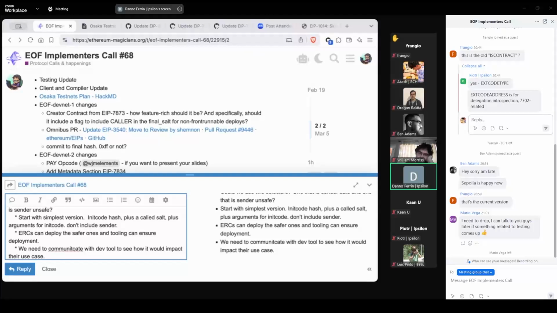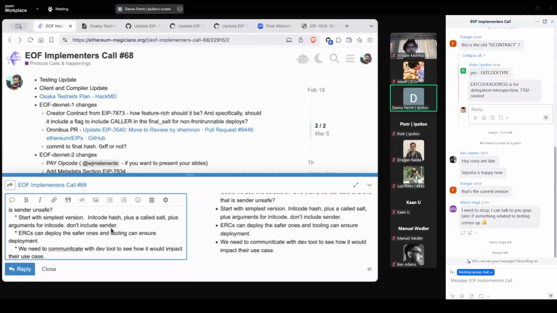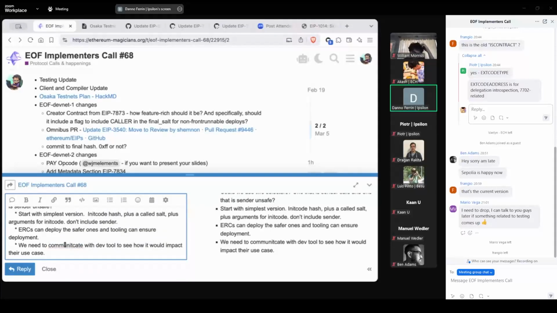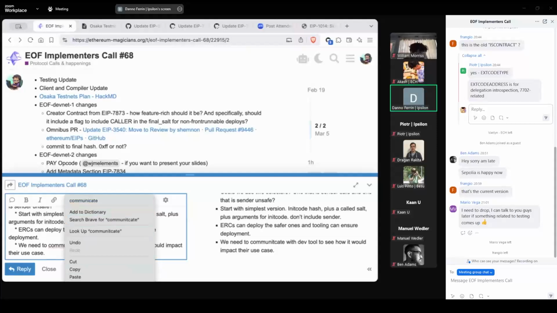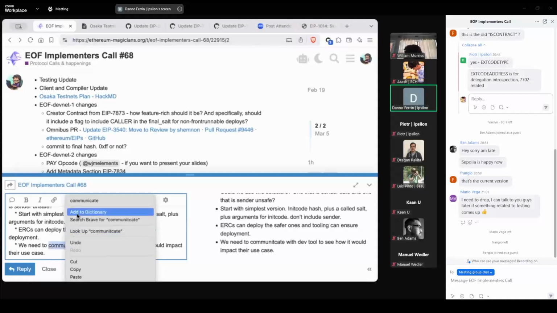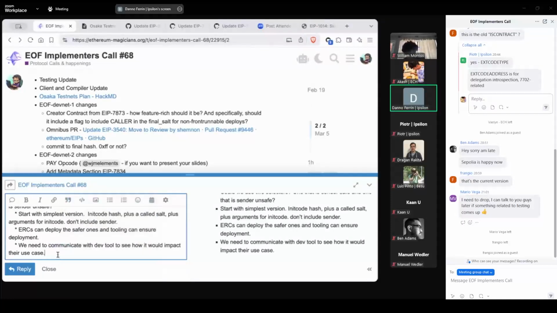So I think we'll just go with the simplest for now. That might change. We'll get feedback in the next 2 weeks. We should get feedback from maybe the tooling side of things. Yes, Frangio mentioned that they will not be happy with having to have a default deployment method but use an ERC source address, I guess, which is less certain to be a specific single value than the creator contract address, which we use.